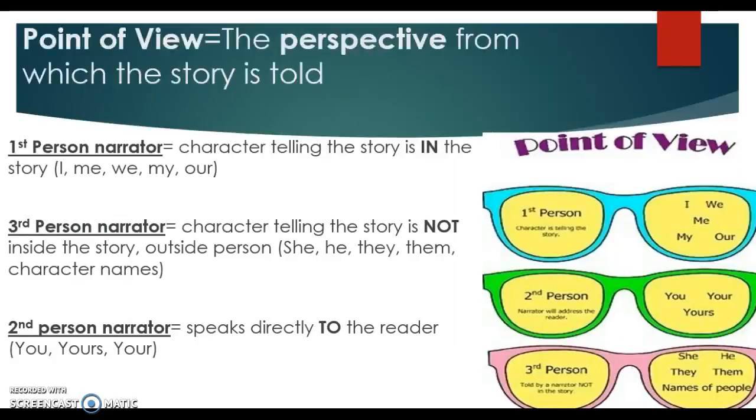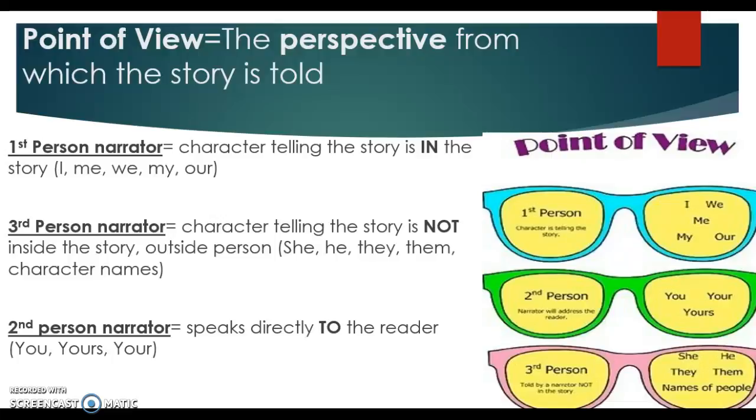So we talk about the point of view being the perspective from which the story is told. So let's just for a minute imagine that you and your friend get in an argument, and I were to ask you what happened. You would tell me your perspective or what happened from your point of view. If I were to ask your friend what happened, he would probably tell me what happened from his perspective. The story may even change slightly depending on the point of view or the perspective from which I'm hearing the story. In literature, we call the person who's telling the story the narrator.